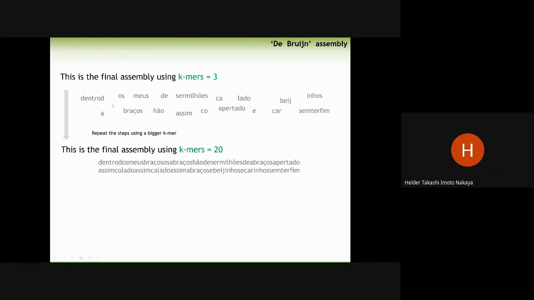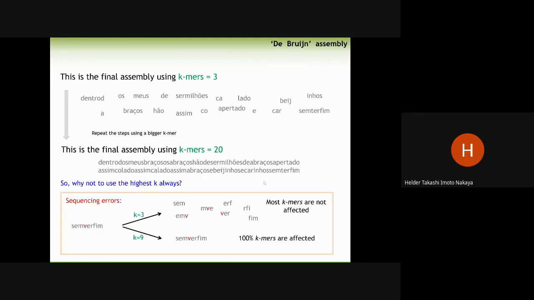And then you repeat the same process with k-mers of 4, k-mers of 5. And for example, if you use k-mers of 20, you're going to have this assembly here, which is good. You may ask, why didn't we use the highest k-mers possible? First, because it's going to be more computationally intensive if you have longer k-mers, because then the index is going to be too big. Second is that there are some sequencing errors that are going to be more frequent if you